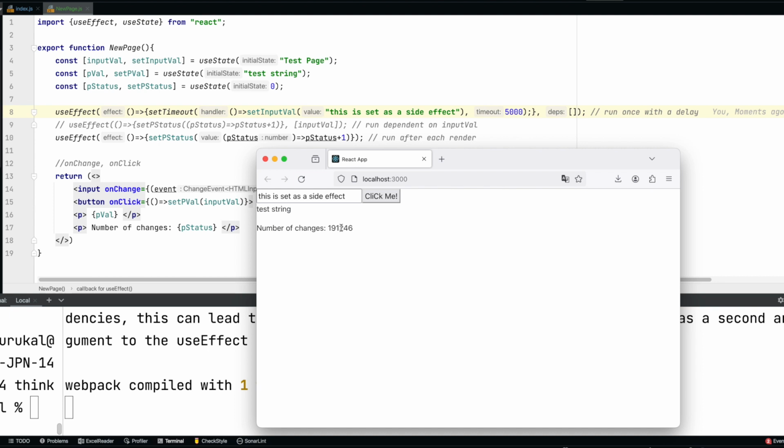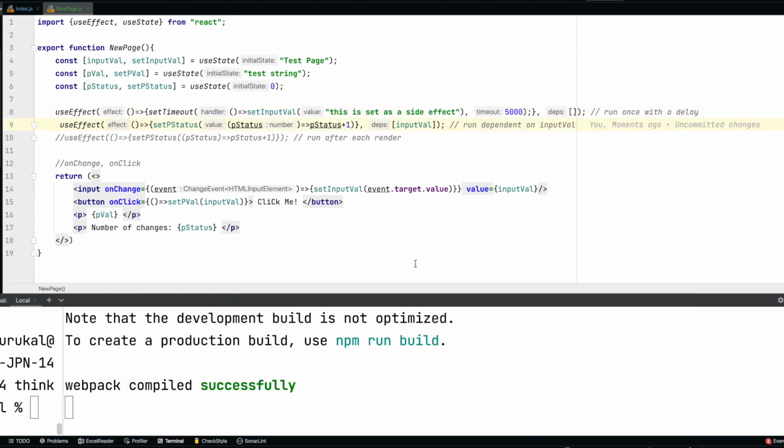So now we solved running the useEffect hook continuously without any dependency, with each time the page is rendered, and the transition from the initial state to another state, which is triggered by a useEffect hook running only once with an empty list dependency. So we covered most of the things,